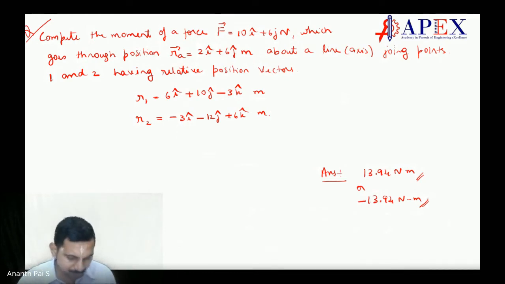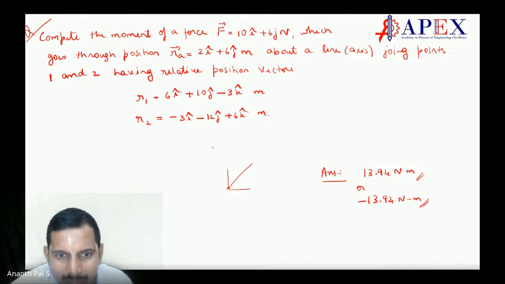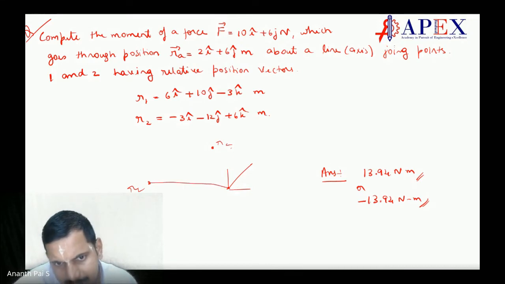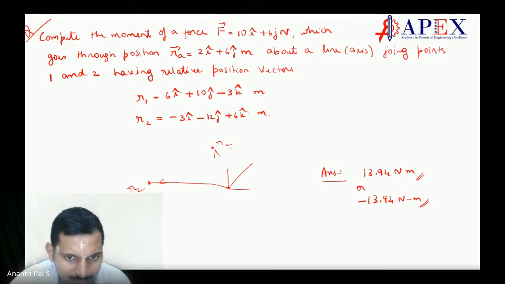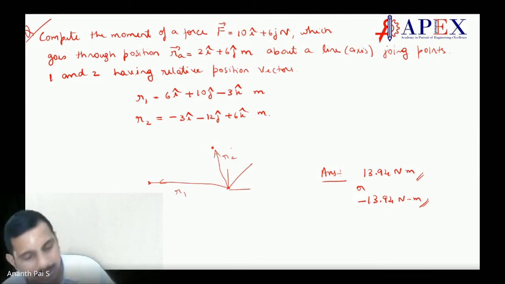Let us see how. The axis is defined with respect to an origin. Say this is the origin; whatever the case, x, y, z, we will not worry. So r1 is somewhere here, and r2 is somewhere here, maybe like this, maybe on the other side. This is r1, this is r2, defined with respect to the origin. Make sense?